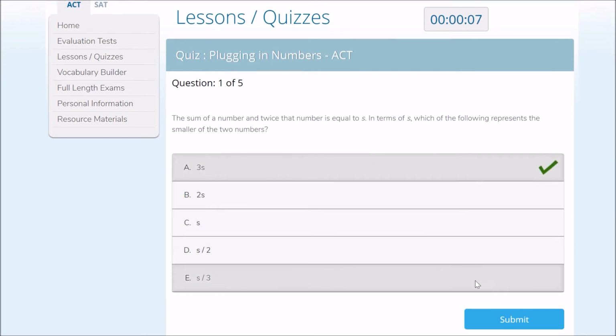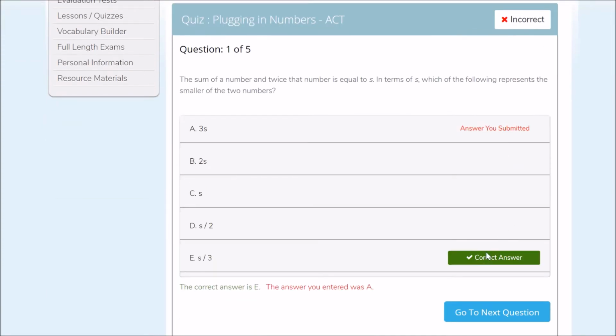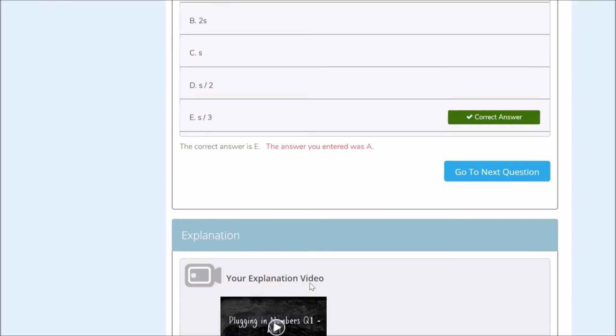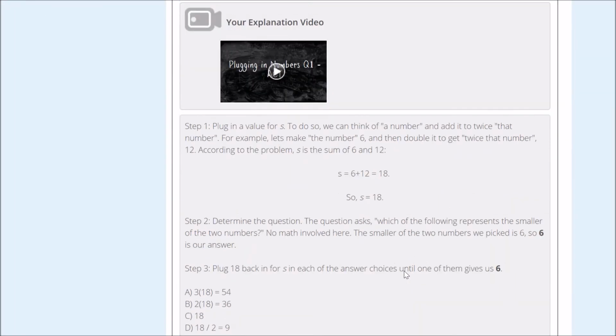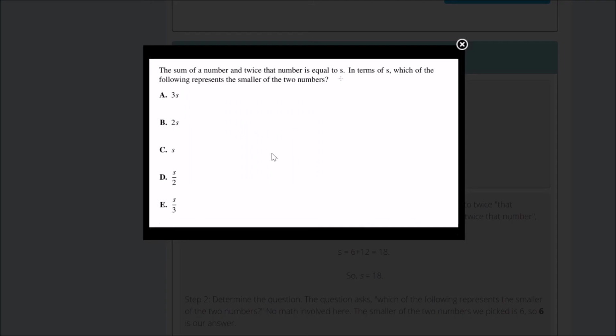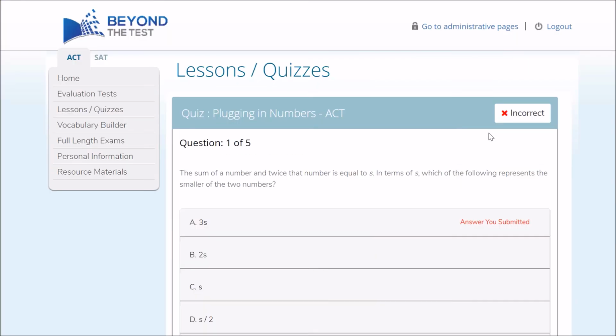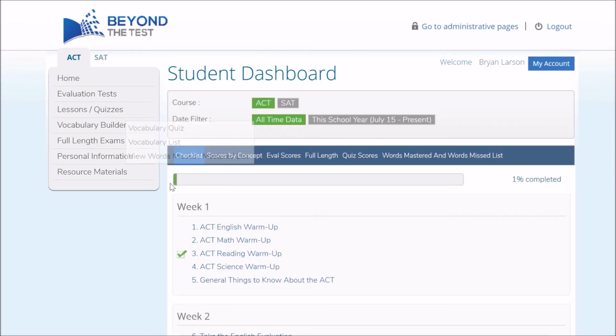So I might just take a guess on this one and say it's that. And the answer I submitted was wrong. The correct answer should have been E in that case. Oh, well, what went wrong here? Well, I don't know. You can read through the description of what went wrong, or simply watch the video. And again, I'm going to mute this, but you'll see an explanation of how to do this problem appear on the screen. And obviously now this allows you to work at your own pace. You can go through it. You have access to both the SAT and the ACT.